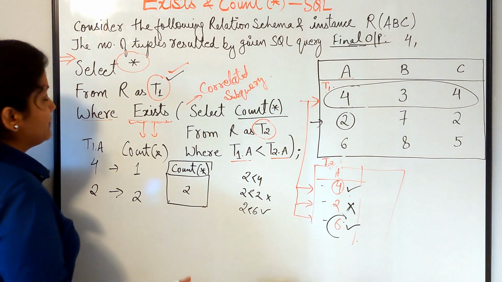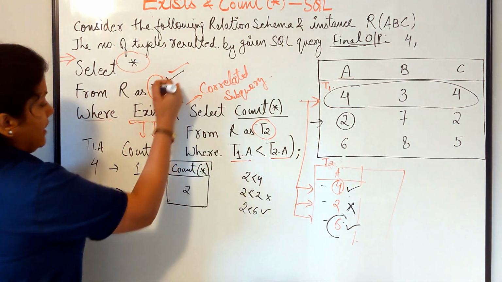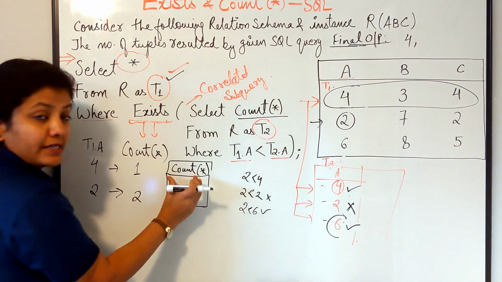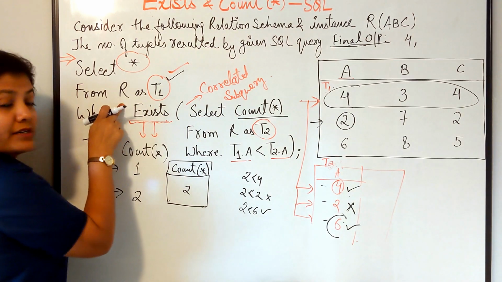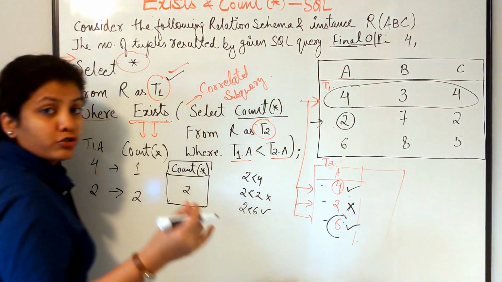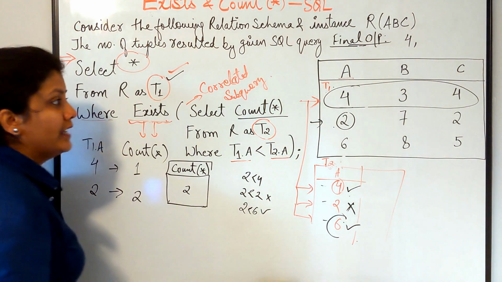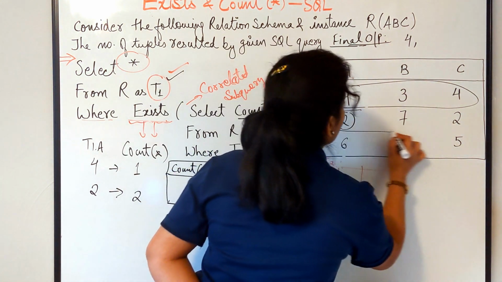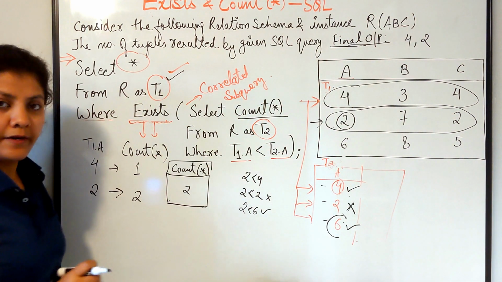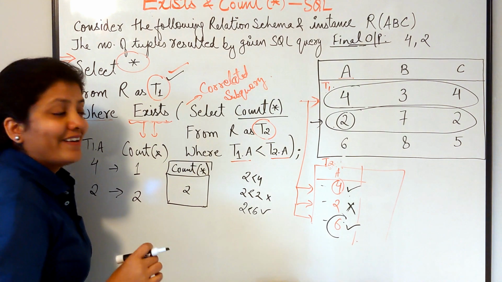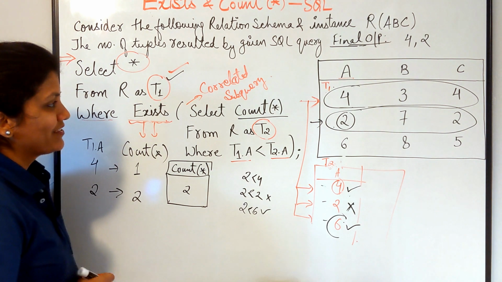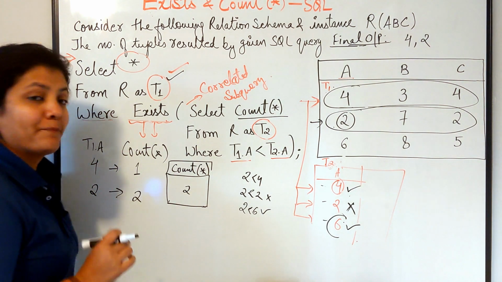Now next. This exists is existing something which has count star as 2. This is a relation. This part is existing, so exists will throw true, and that respective tuple where the value of T1 was 2 is also selected in your final output. So I would now mark that this one is also selected. The tuple related to 2 also has been selected. I just hope that you are getting my point.